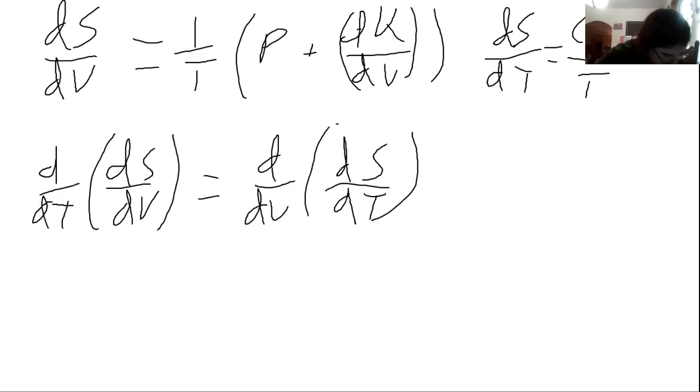That's the rule of state function. Plugging stuff in. For this side first, ds over dt is going to be our, let's see,